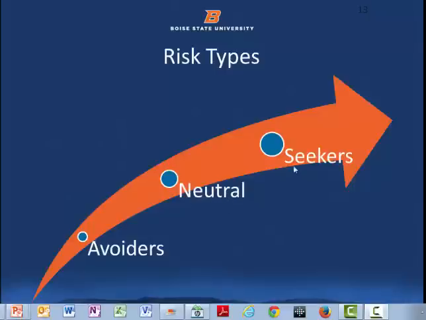And there are risk seekers. A lot of your new business startups, people who will say, I'm going to go out and mortgage my house. I'm going to do everything I have to make this business a success. Those are the risk seekers. Every company has different profiles of risk. Every stakeholder is different, and the stakeholders may have different risk profiles or activities as we look at different areas.